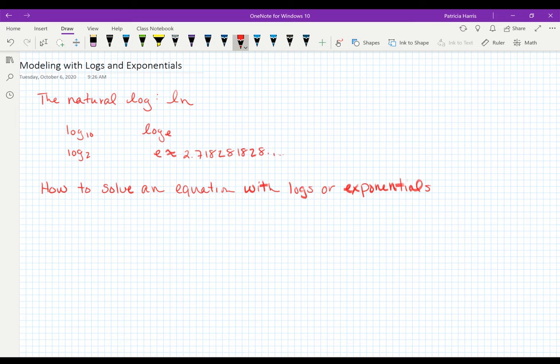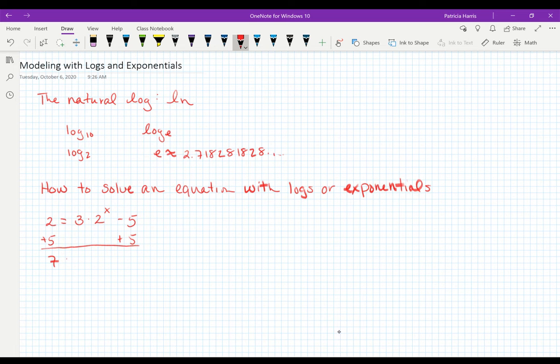So if I've got an equation that looks like this, let's change that to a -3. And I want to find out who x is. So I would add the 5